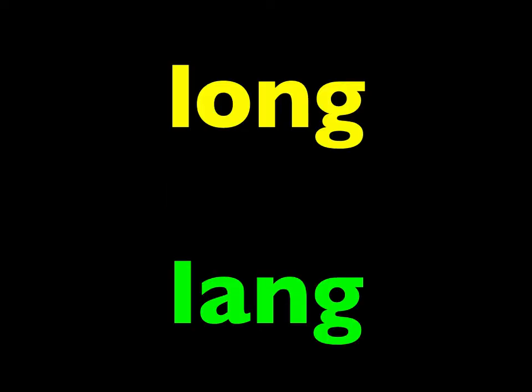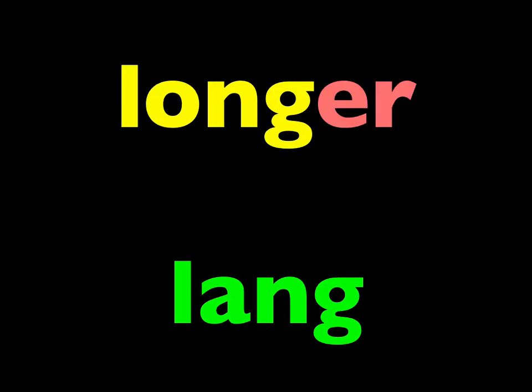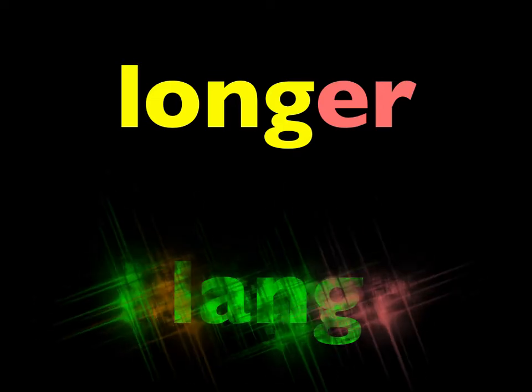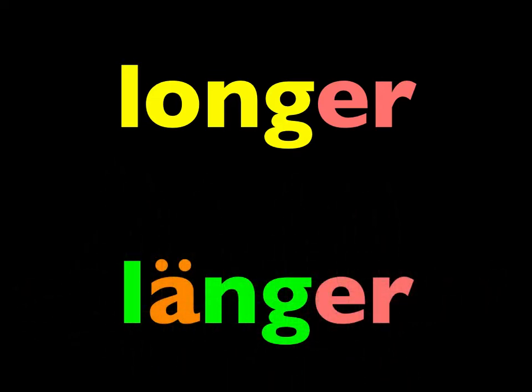Repeat the word for long, lang. To say longer, German adds an umlaut over the a before adding the er, and you get this word, länger. Say that word, länger. And that's true of the following adjectives. They are all monosyllabic, meaning they have only one syllable, with the letter a being the only vowel, so they will all add umlauts. That being the case, repeat the next adjectives in both the regular and then the comparative after me. Alt,